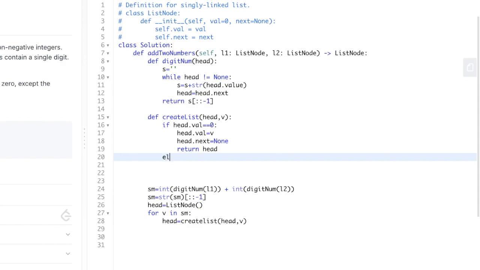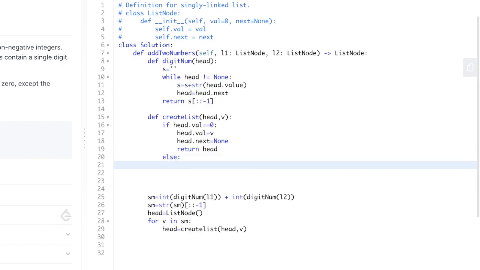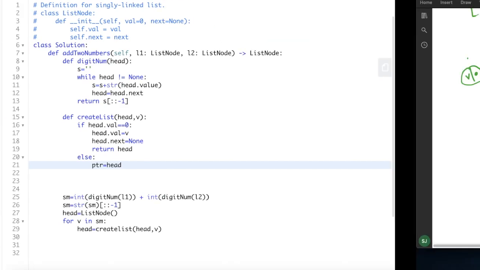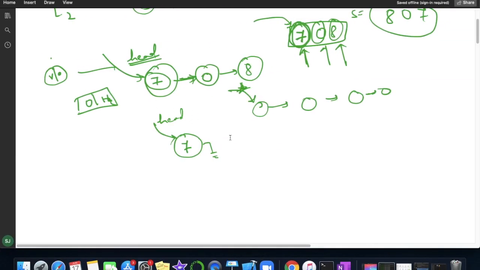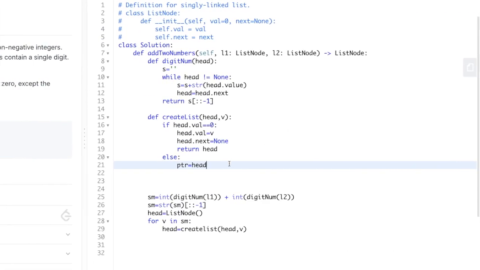So else we will take one temporary pointer equal to head. This is because we have to keep the track of the head node, and we have to take one temporary variable, and with that temporary variable we have to iterate throughout each node. So now ptr equal to head.